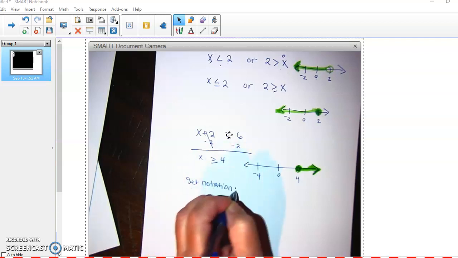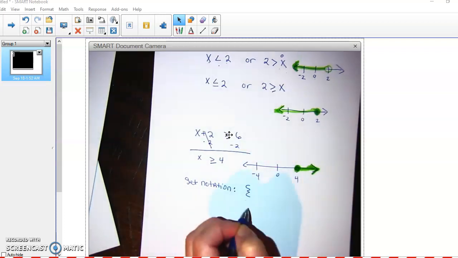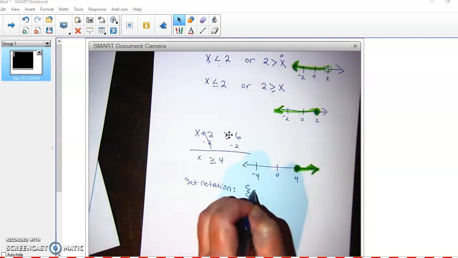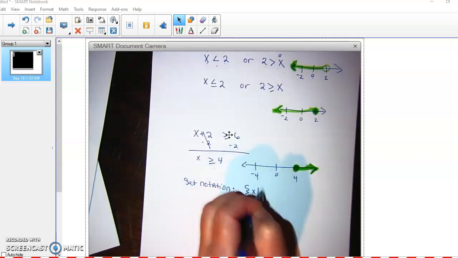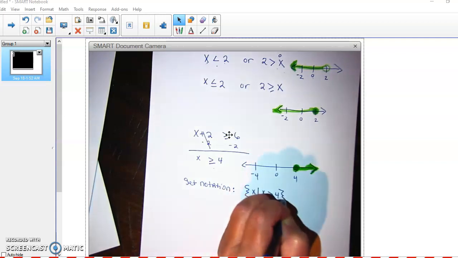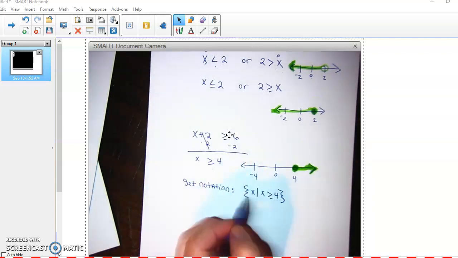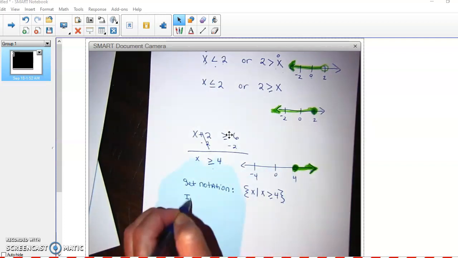Okay, there's different ways to write it, but we're going to take the shorter way. So you're going to use those symbols, and you're going to say x, such that (this line right here means "such that"), and then you just copy your inequality. And this is called a solution set. These mean set notation, okay? Interval notation